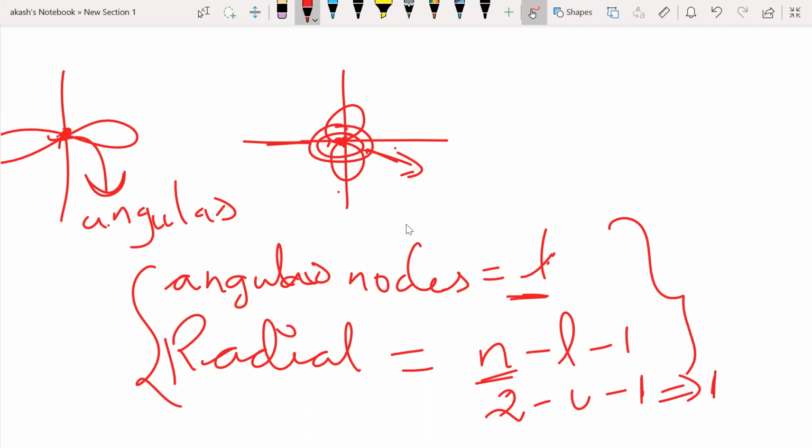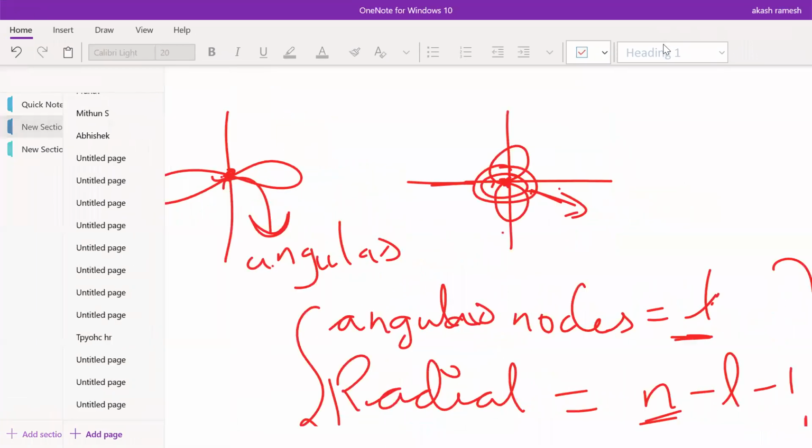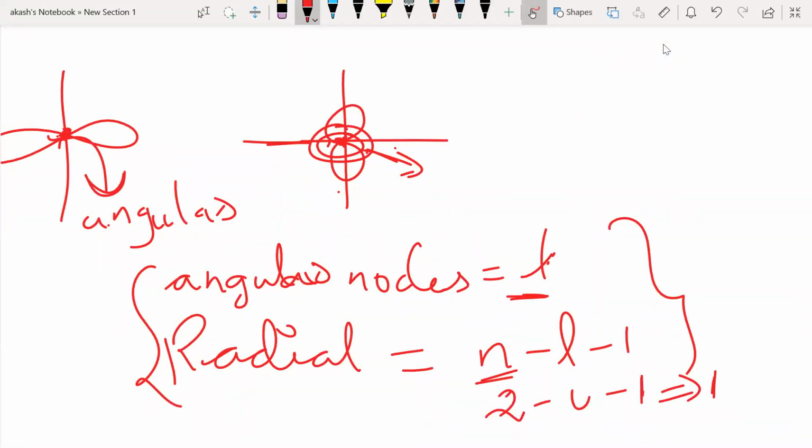Guys, did you feel that I went so fast? Hope I'm not muted. Did you guys feel that I went so fast that you didn't understand? Was it okay? No, sir. Okay, fine. Generally I don't go this fast, but in this chapter you have already done chemical bonding and such, so this should not be a problem. That's why I went a little fast. But whenever I had to slow down, I slowed down. I think Bohr's theory and all that you may not have remembered. Anyways, cool, so we will go for it.